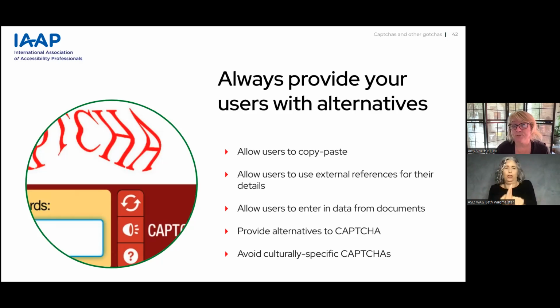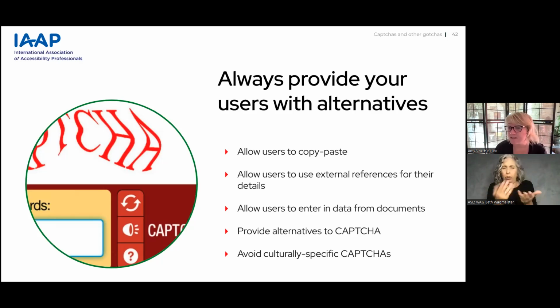Allow users to access requirements to be added to an exemption list for our MFAs. We can provide alternatives to Captchas. Users with visual impairments may not be able to use those image-based Captchas to authenticate themselves because they're not able to perceive the images. Users with cognitive impairments may not be able to understand how to interpret the representation of characters. Remember those characters we saw that were all blurry? So they might not be able to understand and interpret those.